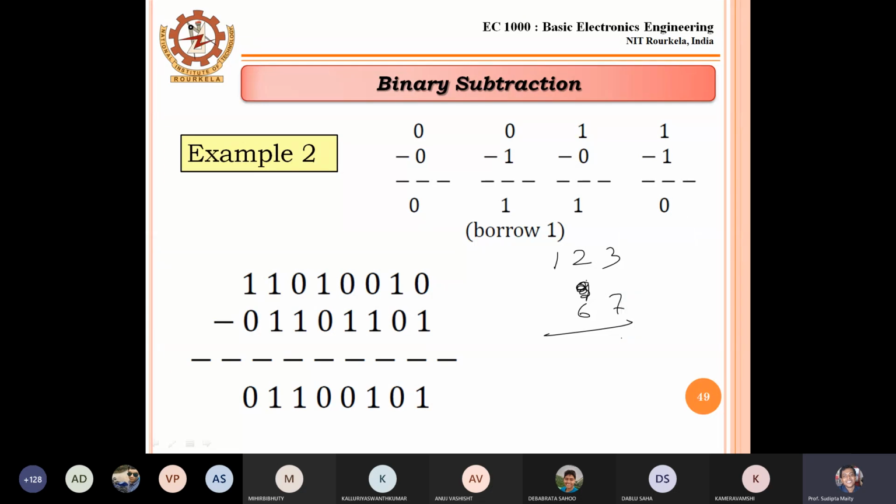Here, tell me, how much will it be? You don't know decimal subtraction? I'm not talking about 56. I'm talking about which bit should I write over here? Which bit should I write over here? 2, 5 or 6? Which?